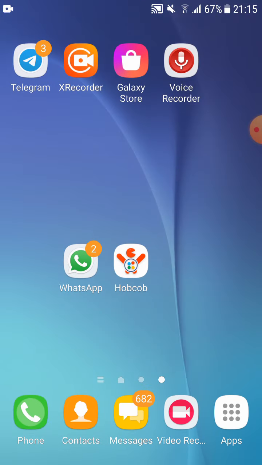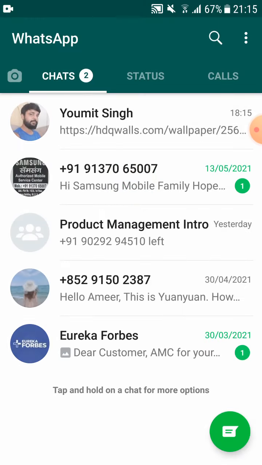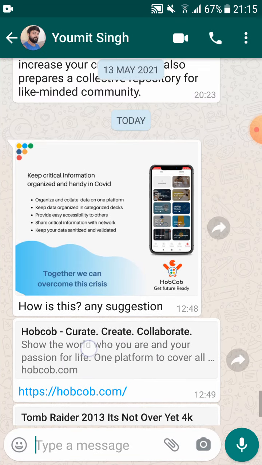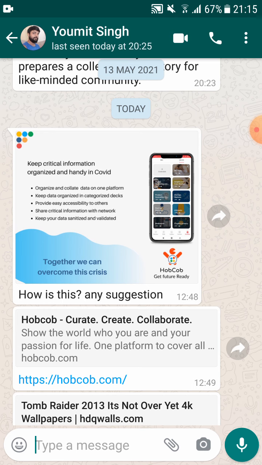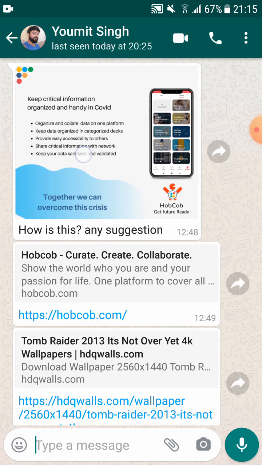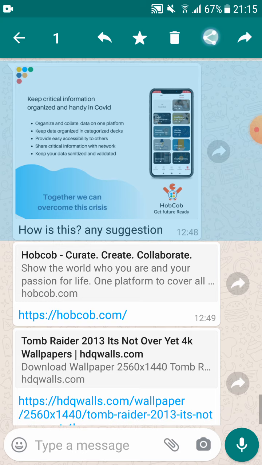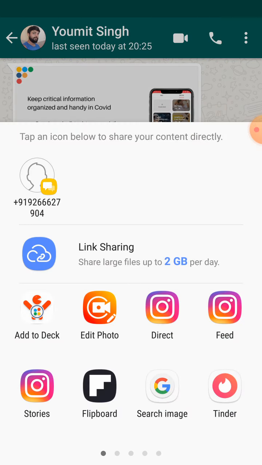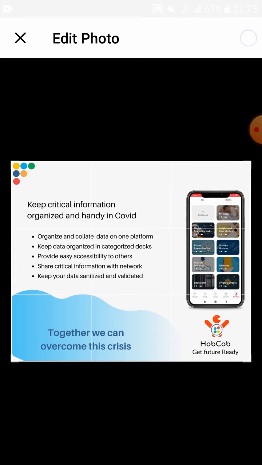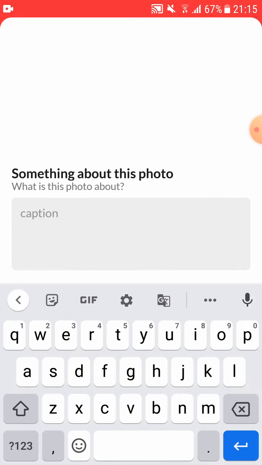Also, we know that in WhatsApp we get good information in groups and individual chats, so you can share any content or link via Hopcob, and you can also save it on your decks.